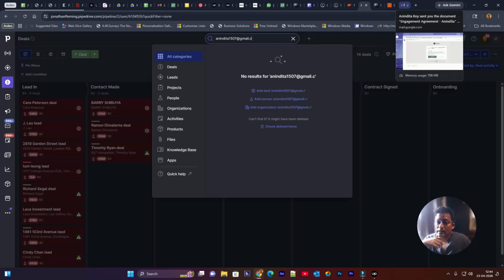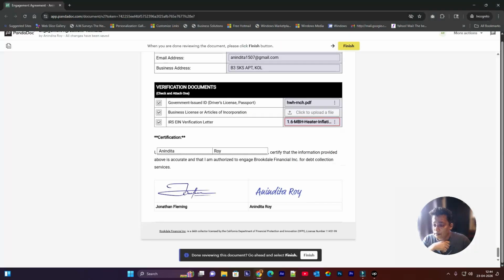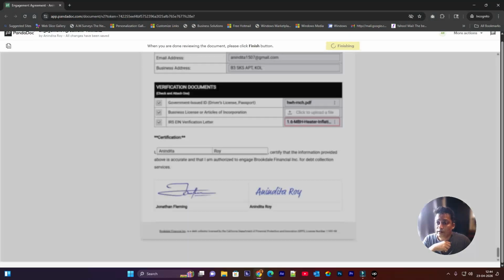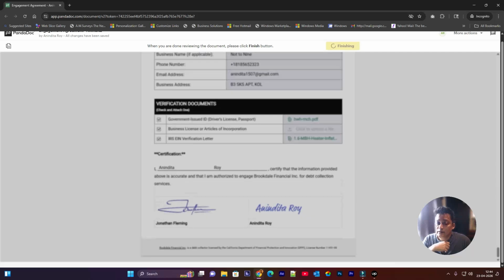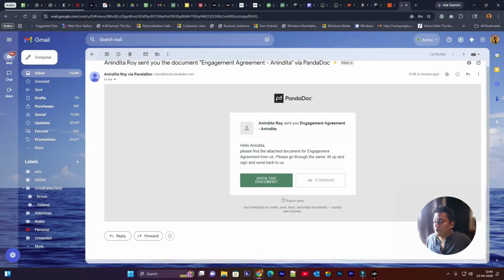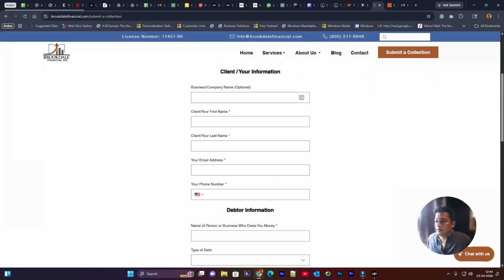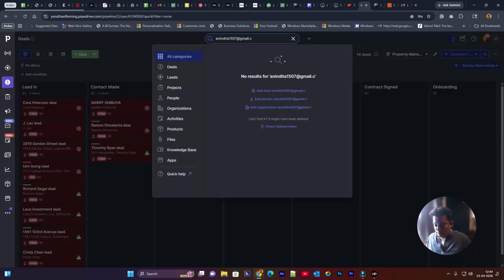But as soon as I submit this form, when I finish all the activities in this form, and the form shows that this is done from PandaDoc side, the Zapier will run, and it shows that the engagement document has been completed by all participants. As soon as this is done, if we go to Pipedrive and search,